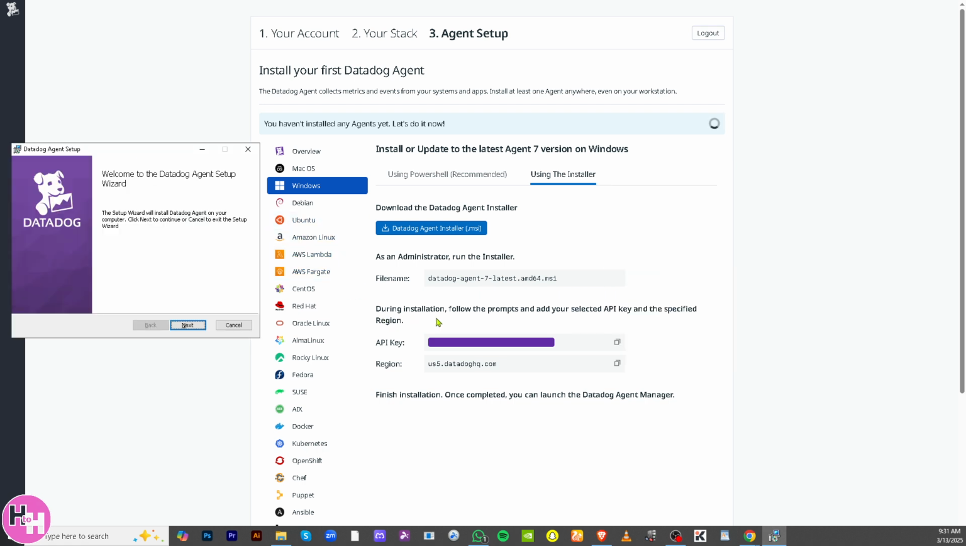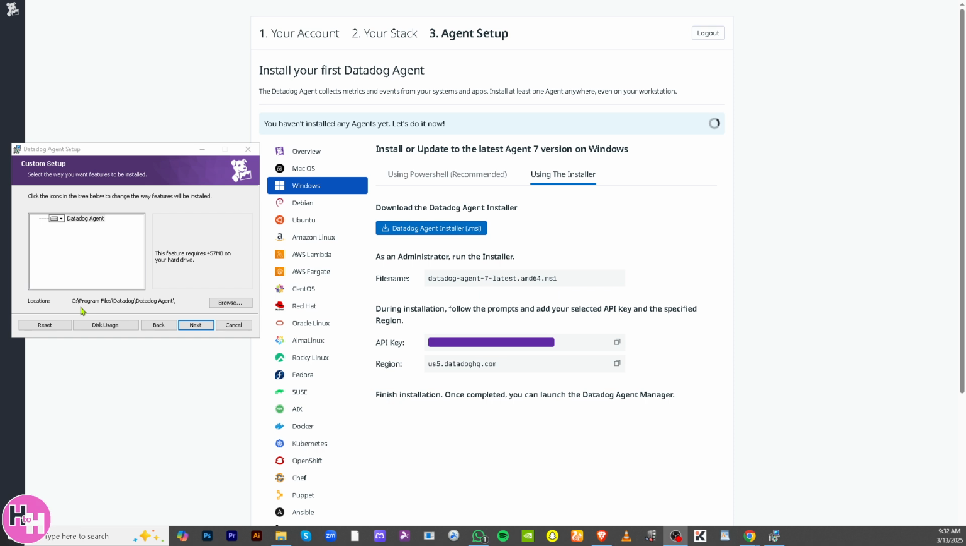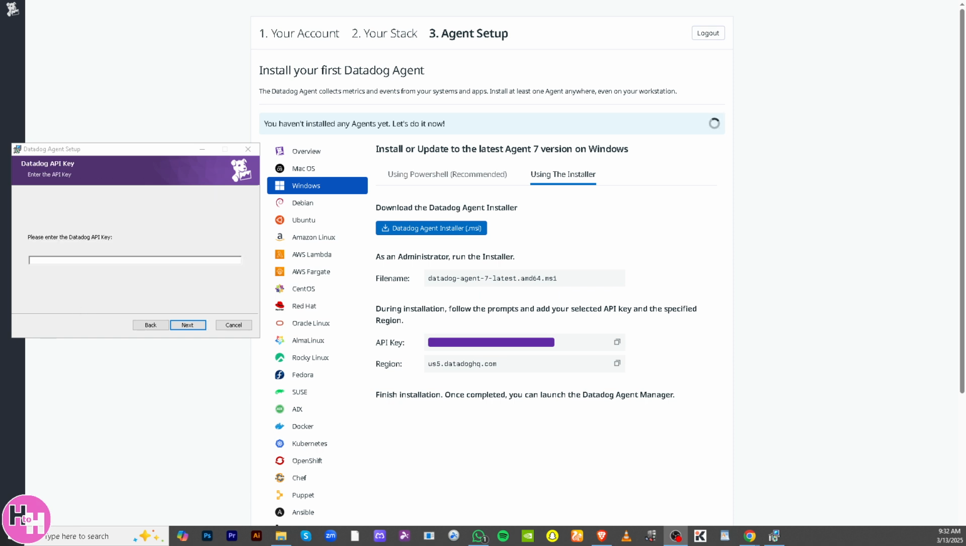Okay, so remember earlier I mentioned that you need to follow the prompts and add your selected API key and the specified region. API key is this, copy this for later, and then the region. So we're gonna click on next, and of course accept the terms and license agreement. Click on next. From here you can choose the location. I'm gonna click the default. Now this is where the important part is. Again, copy this, click to copy, paste it here, click on next,